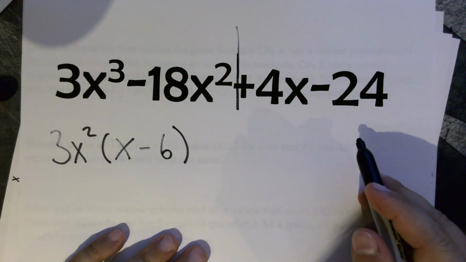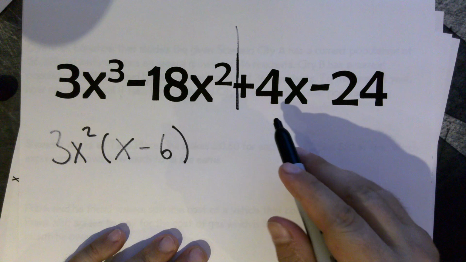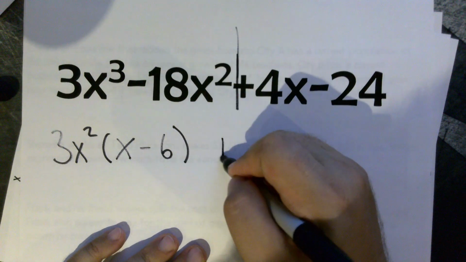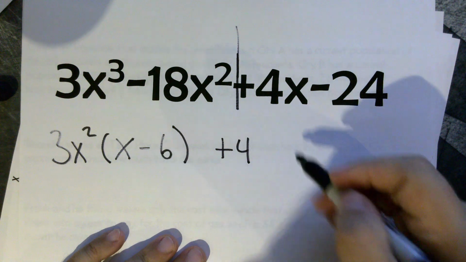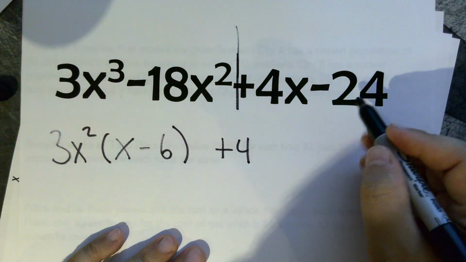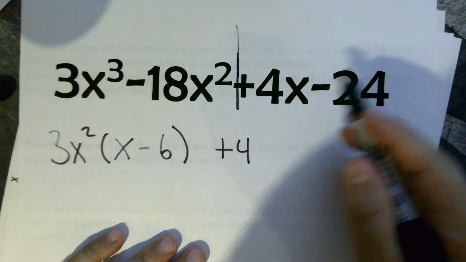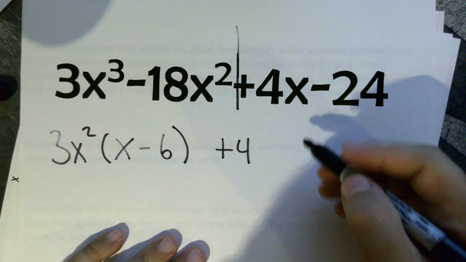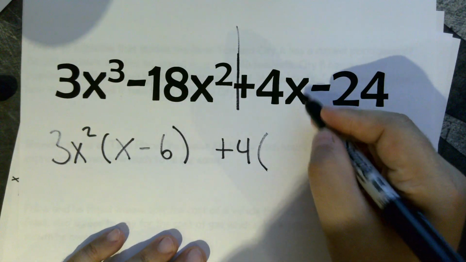All right, next guy, 4x and minus 24. What can I pull from both? Can I pull 4 from both? Yes, I can. So I'm going to pull 4. And I can't pull any x's. And so this last group, you'll never be able to pull an x from. So just look for your coefficient. Okay, we pulled the 4, and so we're good. What do I have left? This is x